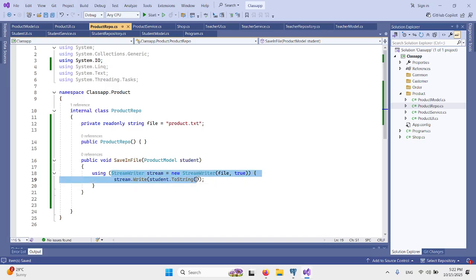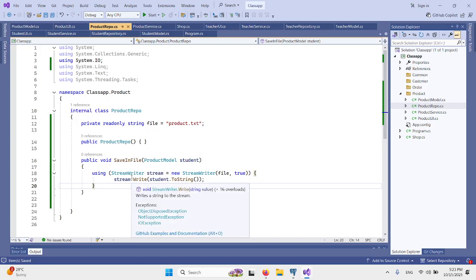It internally calls all the functions that are required. For example, you're opening a file, so you don't need to close the file. If you're using this technique, after this bracket it will automatically close the file. And this is a safe way to close a file, because when you write your own function explicitly, there is a possibility that your application gets crashed at that time. But this is 100% sure by the providers. It will close the file safely.